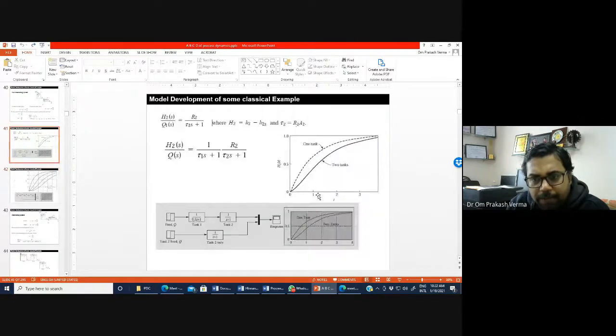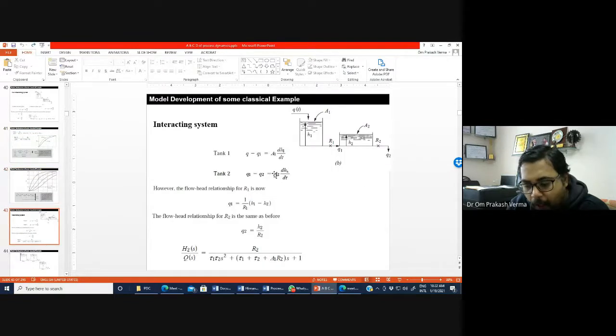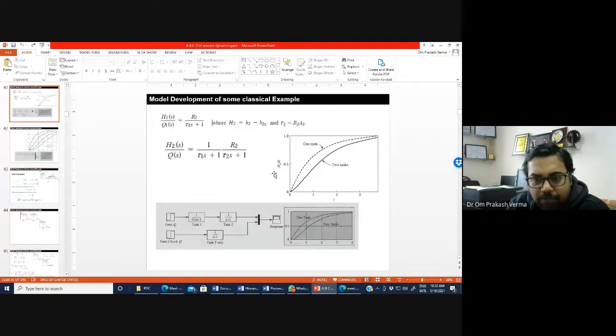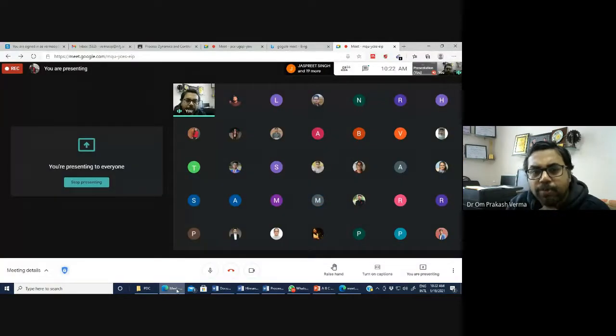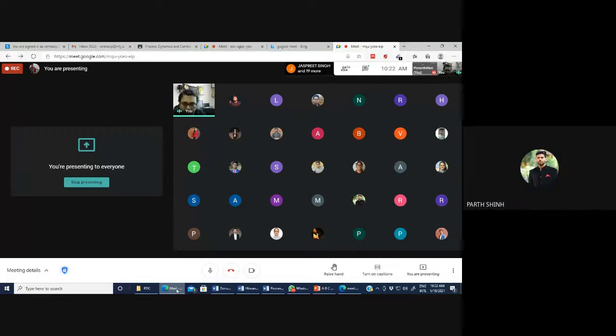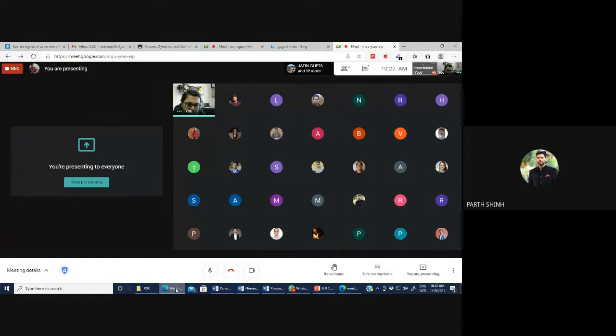When you compare the responses of both, placing them side by side, you will get to know. If you need more, tomorrow we will just take the simulation on MATLAB and you can see the response. Tomorrow we will first model the response, then if time permits, we will simulate the system on MATLAB. Otherwise, the day after tomorrow or the next class, we will simulate on MATLAB and see the response.